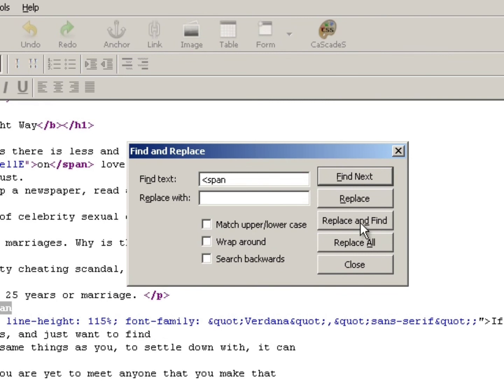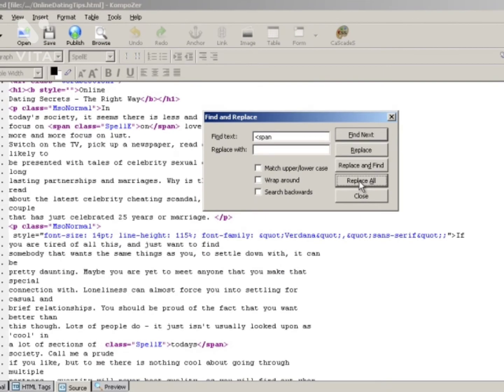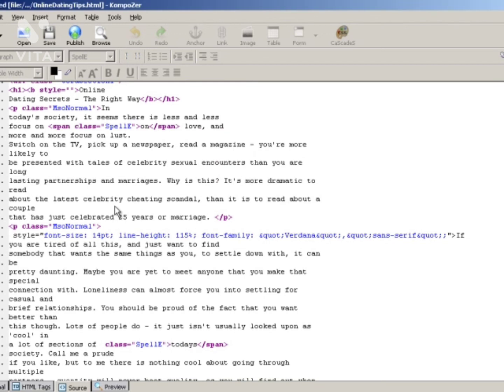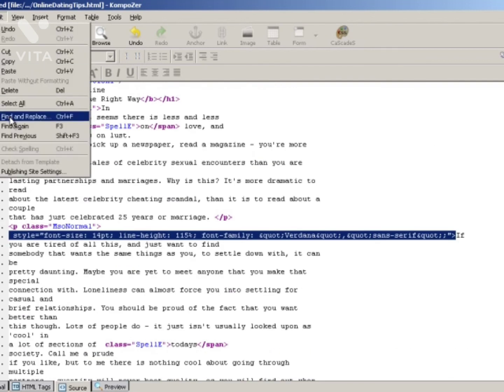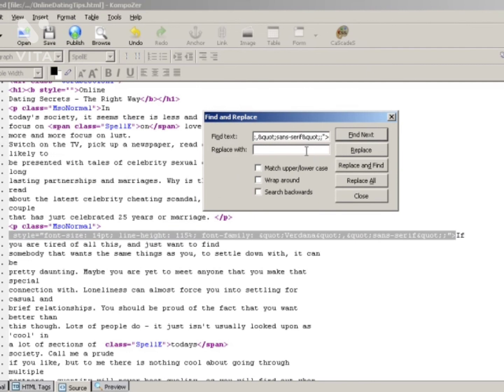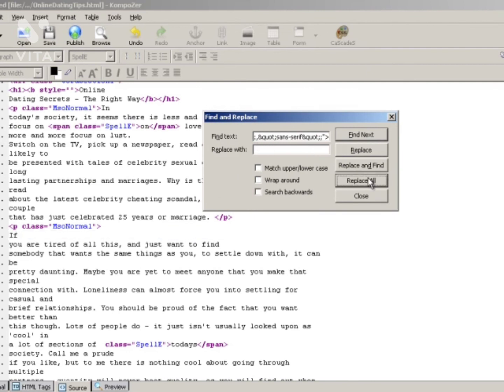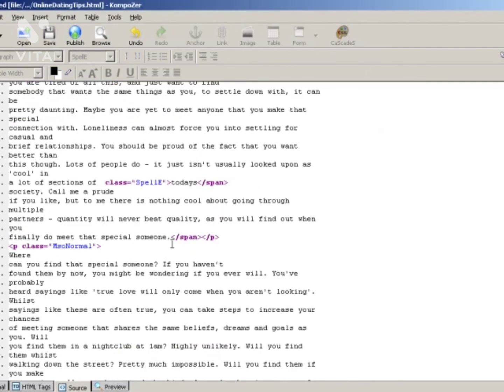If I keep that blank, then I remove the second line, which is this, as you can see here. Click on edit, find and replace, do the same thing, keep that empty, replace all.